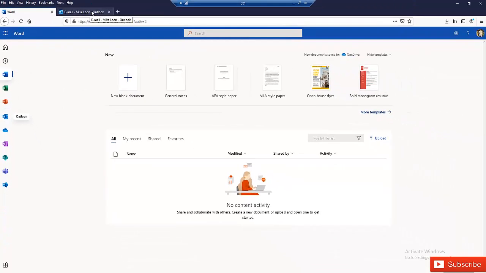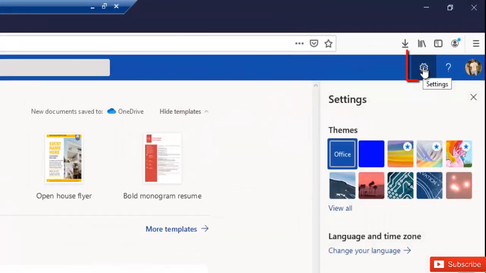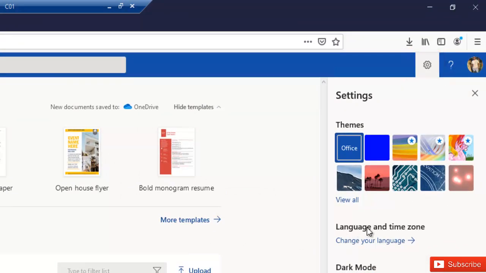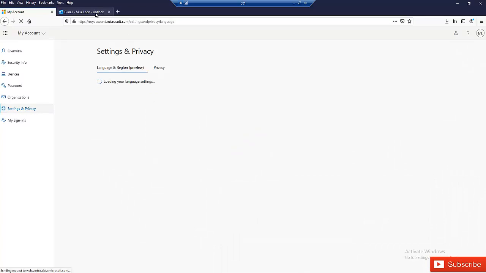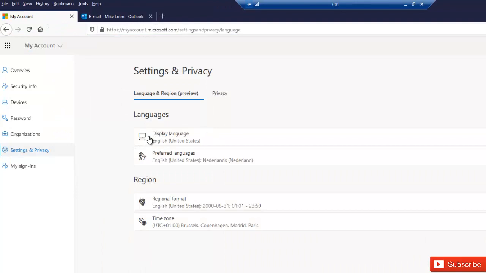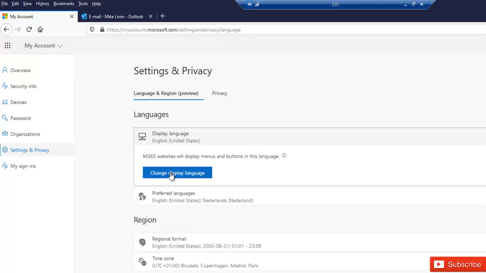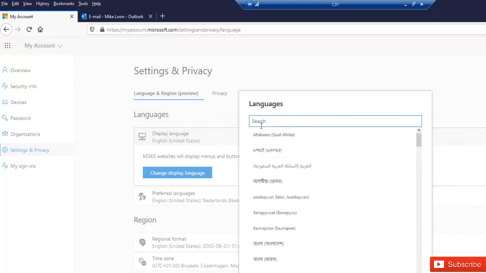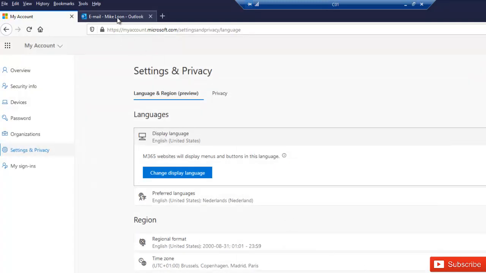So what I need to do first of all is here, if I go to settings here, you see it has the option called language and time zone. So if I click change your language, so what is going to happen is this. It's not going to change the language of this Outlook. Actually, it's going to change the language of my Windows display settings. So you can see here I have an icon which is showing me my Windows desktop, my kind of a Windows computer. So if I click display language and change language, it's going to actually change my language to the language I choose. But if I want to change my Outlook to a different language entirely, what I need to do is